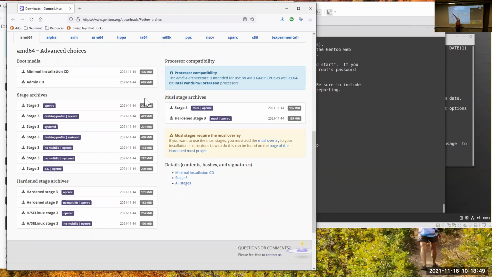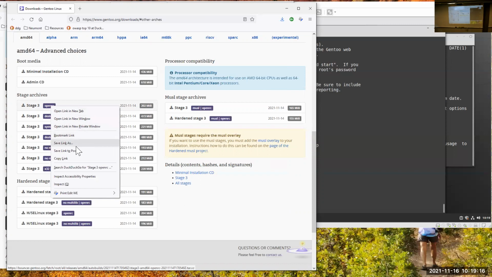It tells us a little bit about each one. This one's based on OpenRC. This one is OpenRC with a desktop profile, so we get a graphical interface to it. Here's a systemd with a desktop, et cetera. So we're going to use this very first one, stage 3 OpenRC. If you right-click on that link and do copy link,